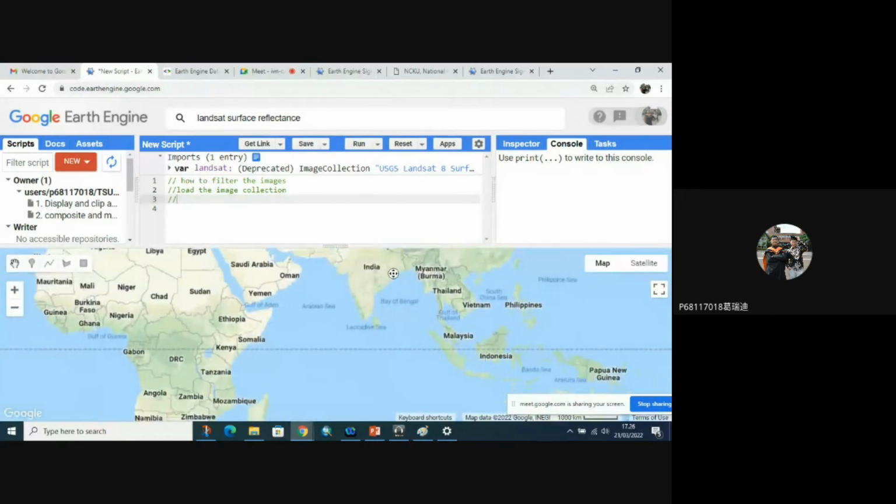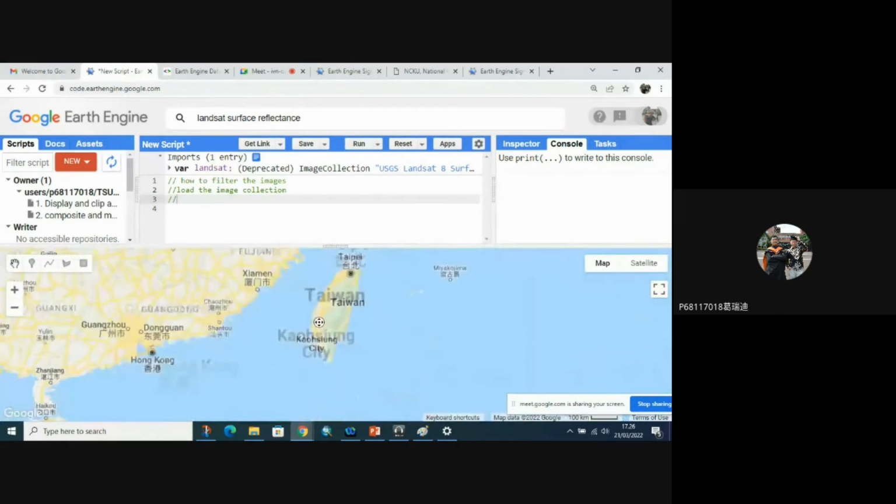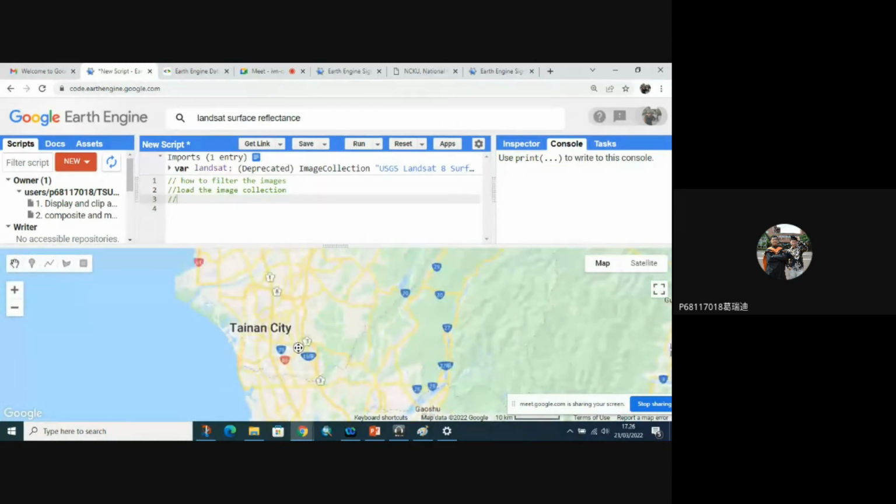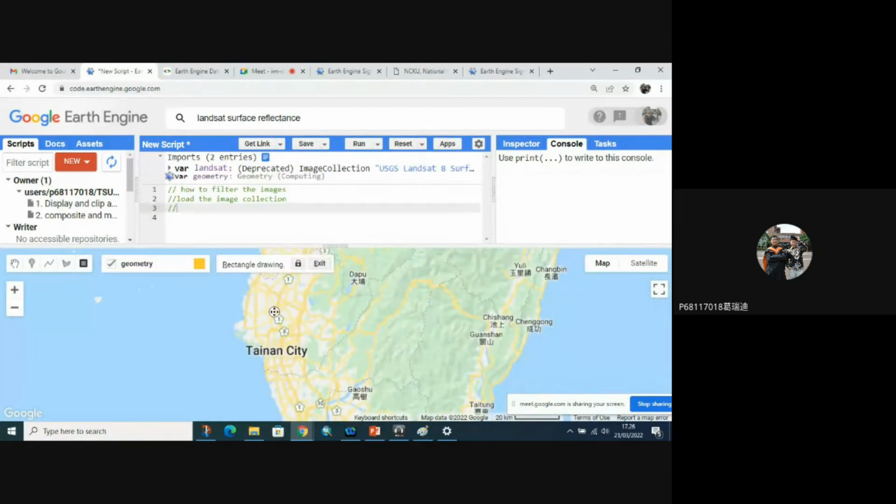Maybe I will show Tainan. Let's make a small polygon here. Make a polygon using geometry. So how to filter the image? Filter my image equal to Landsat, because we want to call all the Landsat images.